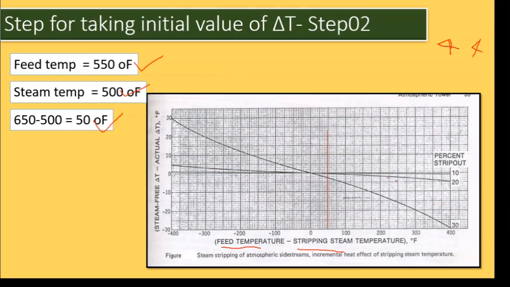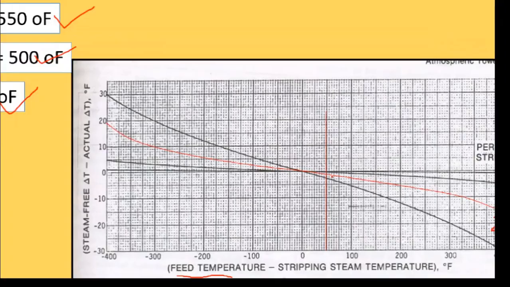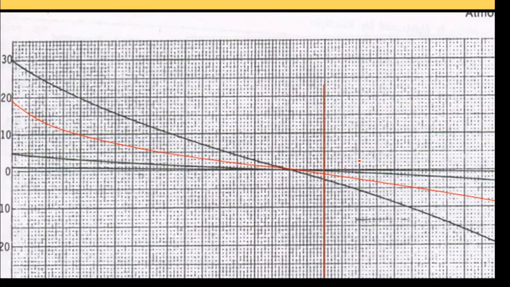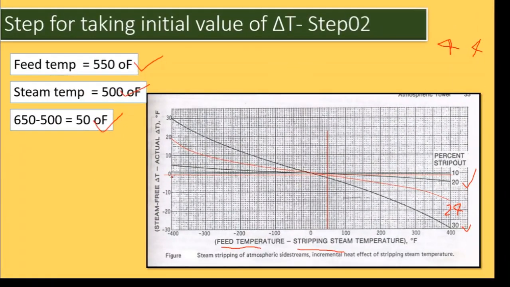The values are 30, 20 and 10. We need the value at 24%. So we have to draw a very approximate line. So this is the approximate line we have drawn, and we can find the intersection point. This value is very close to 0, but it is a minus value. So that value can be taken as -1. Okay, so now the y-axis is -1.